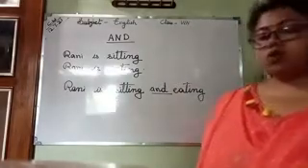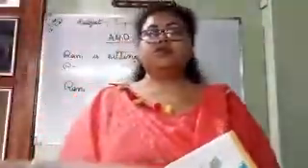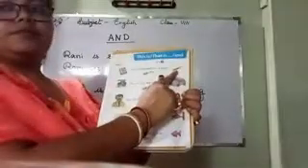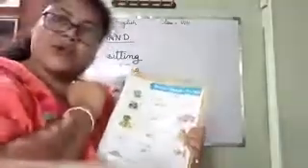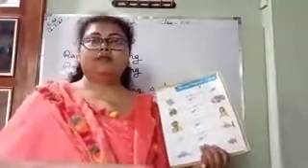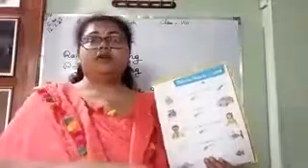Okay? So come to page number 21 of your Oxford book. This is your Oxford book, page number 21. Now see, there are two pictures. One this side, one this side. So where it is and is here. So there are two sentences. This is a book and that is a pencil. Okay? Two sentences. This is a book. That is a pencil. For joining them together, what are we using? And.